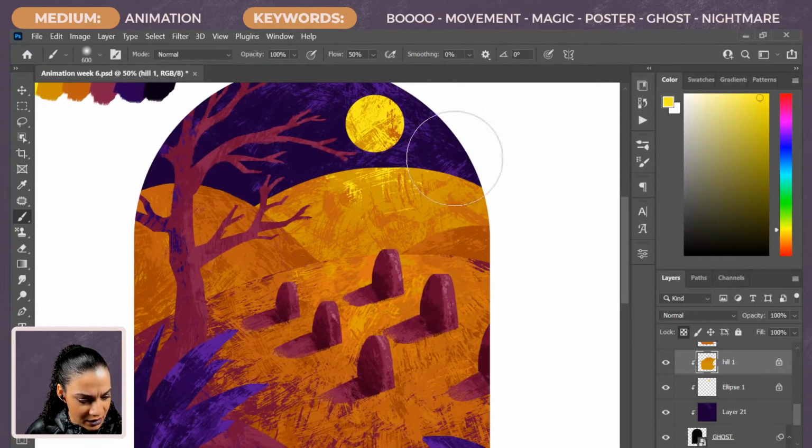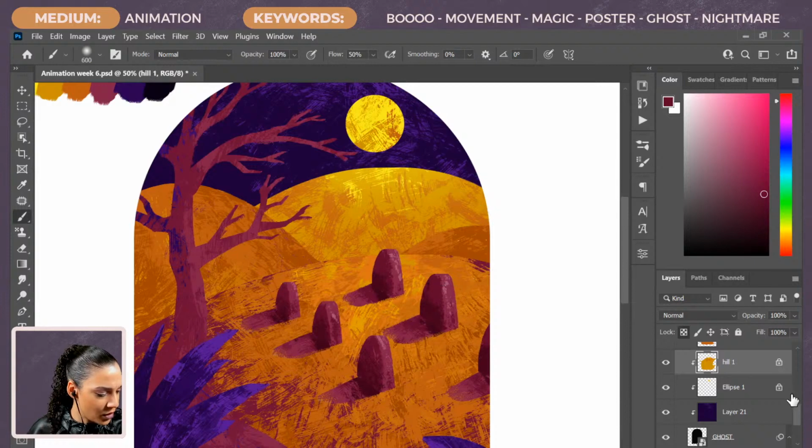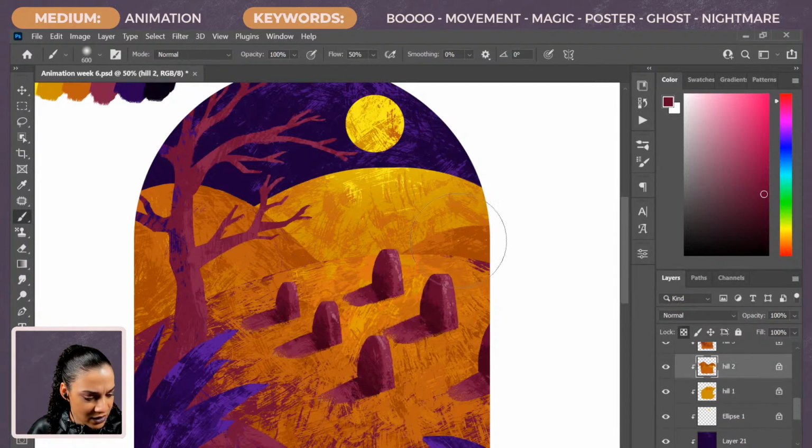Let's see, I'm gonna put a little shade on there, and I'm gonna come in with some of this dark orange. Maybe I'm not gonna put it there. Maybe I can just get away with doing the tops of these. So let's grab that. We can put a little bit of dark color here.